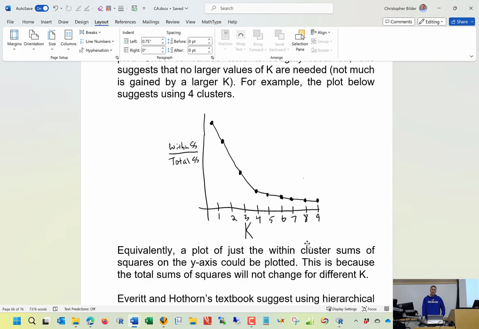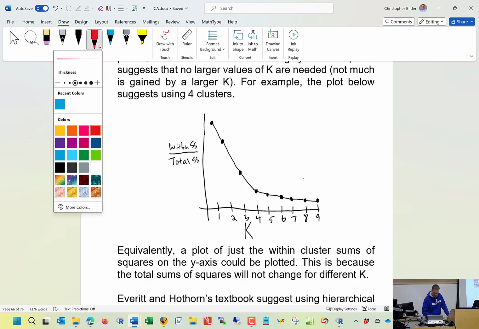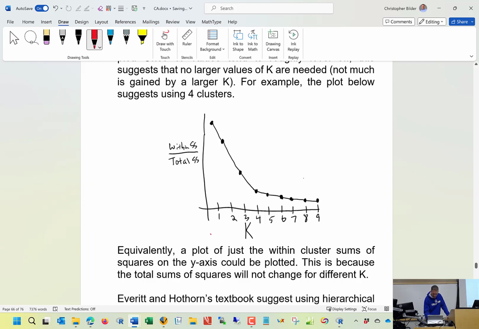Where what we're looking for is where the plot starts to level off. So on the x-axis I have k, the y-axis I have this measure W. And you can imagine that as you add more and more clusters, that within sums of squares is probably going to get smaller and smaller and smaller. Total sums of squares isn't going to change. But as you add more and more clusters, the within sums of squares is going to get smaller and smaller